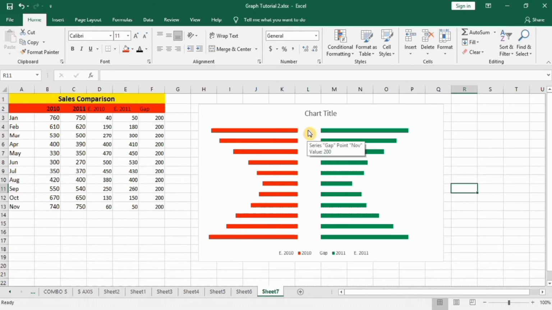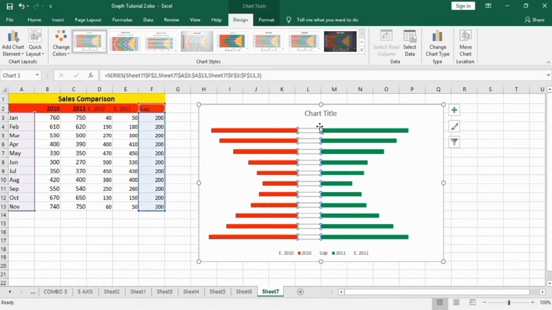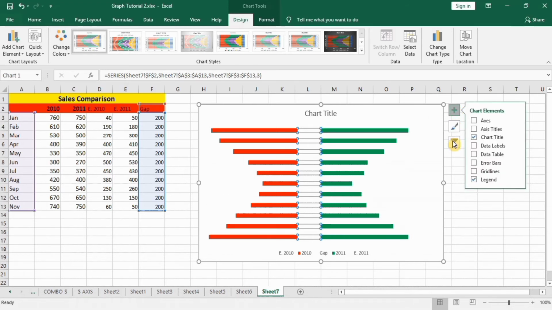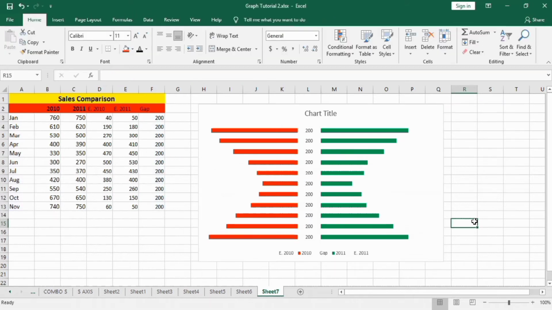Now select this again, go to this plus sign, and I will select data labels here. Check this option. Now you can see data labels appear here, but I want these months to appear here.